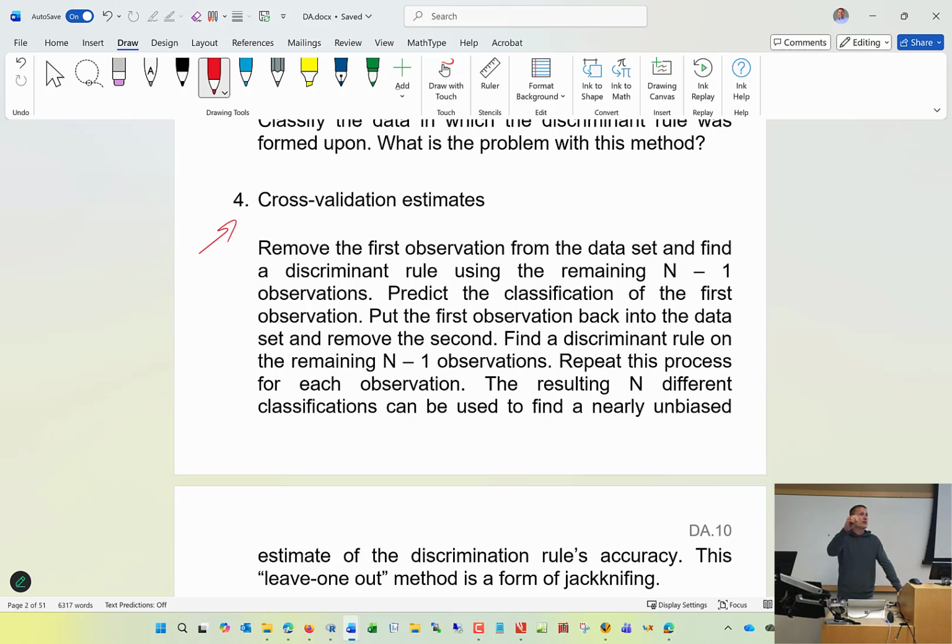Then take observation number 2 out. Develop your rule, your method. Predict observation 2. Determine if you were a success or failure in terms of the prediction. Then you keep on doing that process over and over again, so that every single time you're using 999 observations